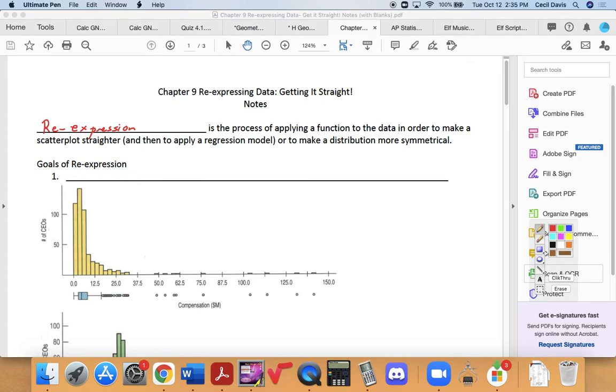Re-expression is the process of applying a function to the data in order to make a scatter plot straighter and then to apply a regression model, or to make a distribution more symmetrical. Either one. So let's look at a couple of different cases. For example,